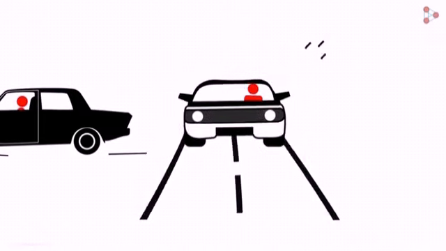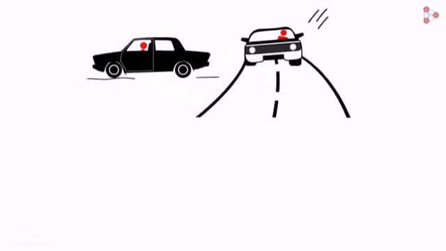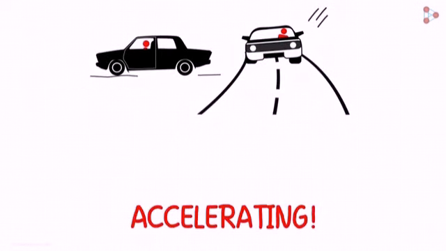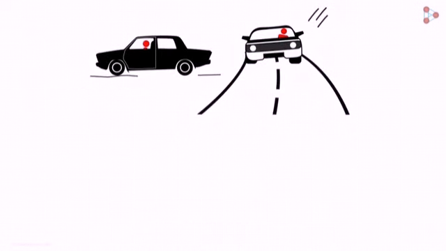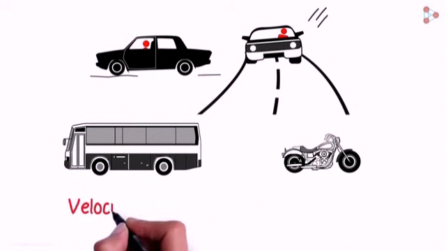Next we will see acceleration. We travel in a car and when we apply the brake, we get pushed forward. When we take a right turn, we get pushed towards the left. In all these situations we are accelerating. We travel by bus, car or motorbike.